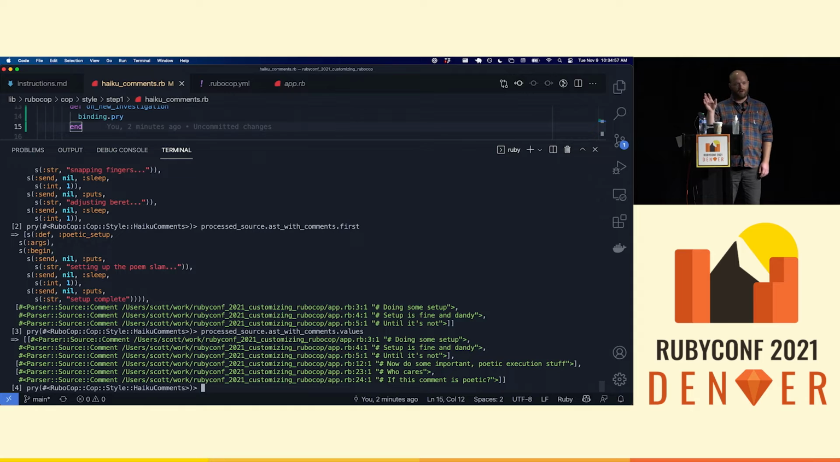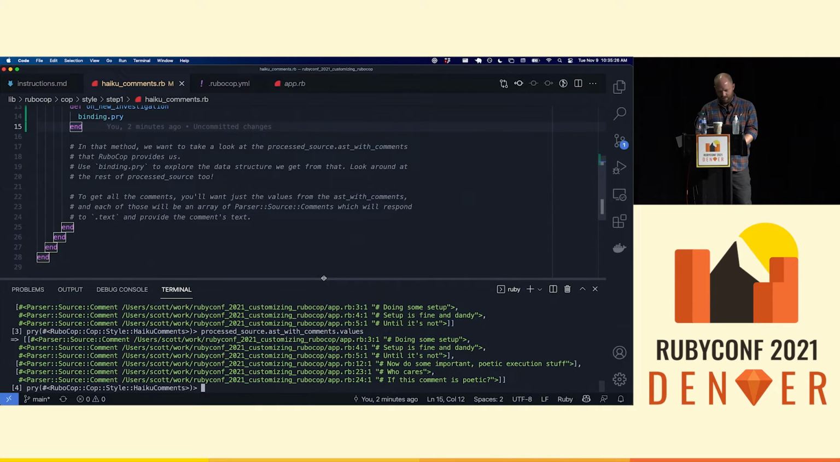So we've just discarded the actual abstract syntax trees that the comments were attached to, and now we're just looking at a list of the parser comments. And again, like I said, if you are getting the feeling that you're kind of there but just missing one step, you can always look at the next step in here. So if we look at step 2,